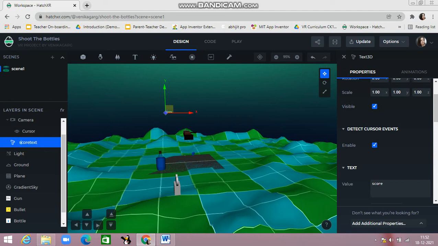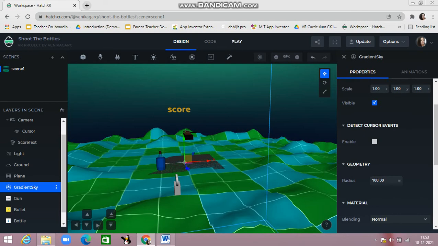If it is so long, you can use capital S, and after that you can make capital T also. Okay. Now I'm going to show you how it is looking in play.